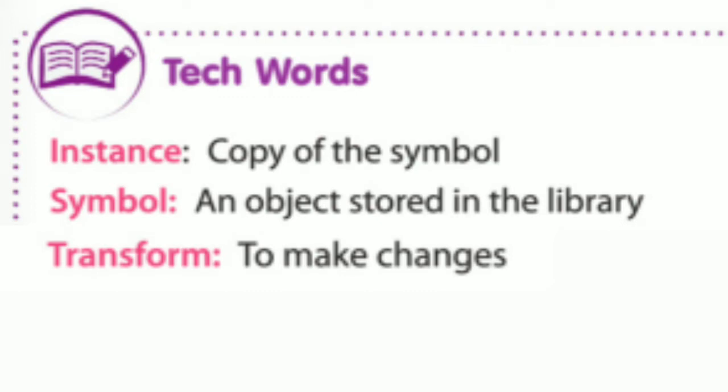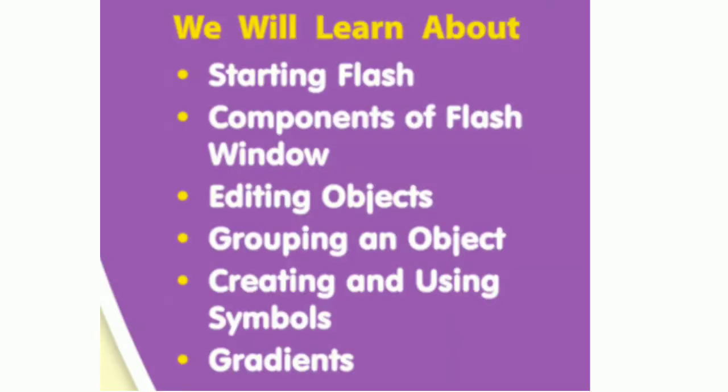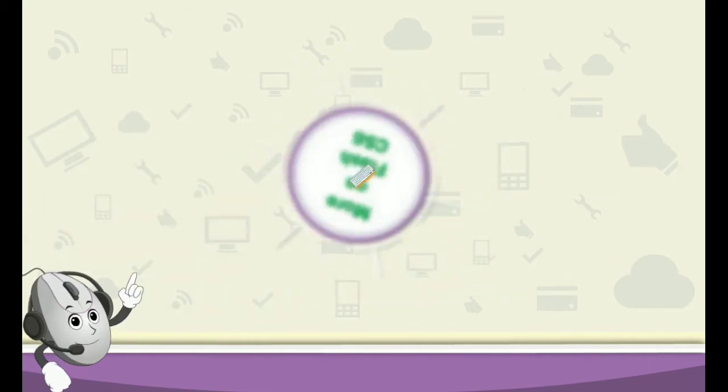So in this chapter we will learn about how to start Flash, components of the Flash window and different parts of the Flash window, how to edit an object that you have made, grouping, which means how to make an object using different objects, creating and using symbols and gradients. So let's start to learn about